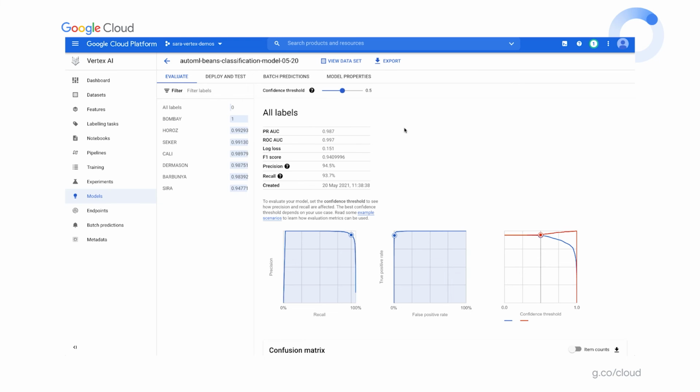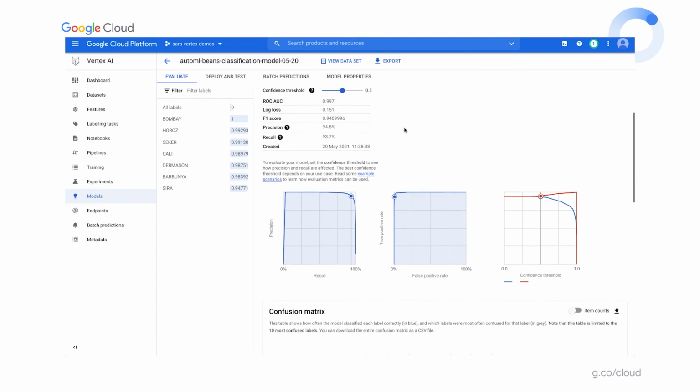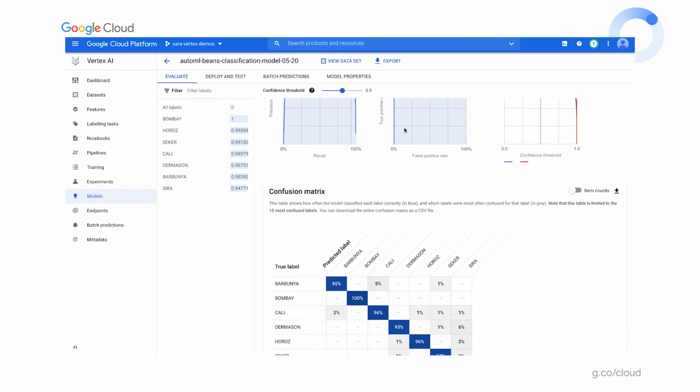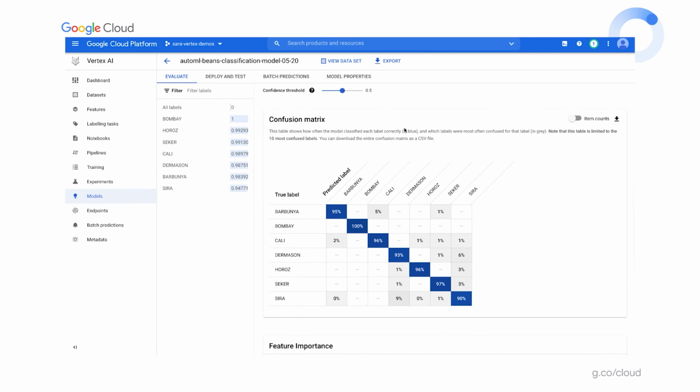Our AutoML training job has now finished, and we can look at various evaluation metrics to see how our model performed. Looking at the confusion matrix, we can see how our model performed across the test set for each class in our data. Looks like our model was able to do a pretty good job at distinguishing between these different